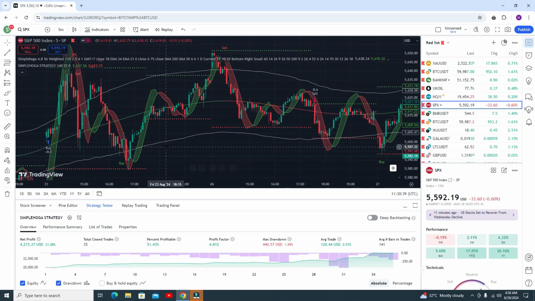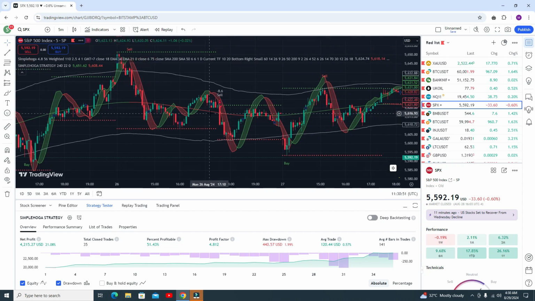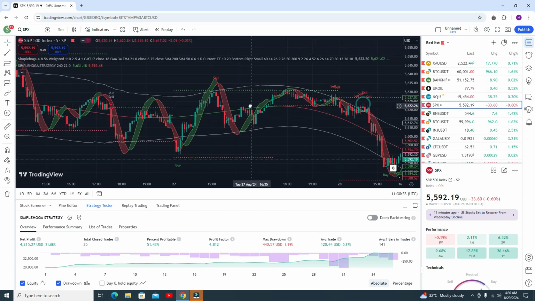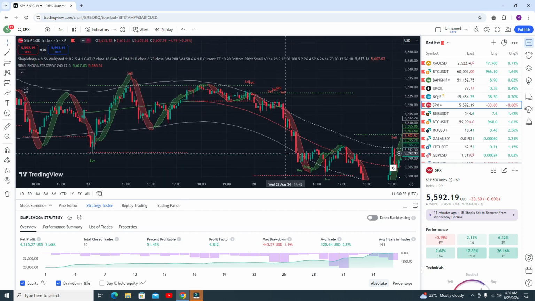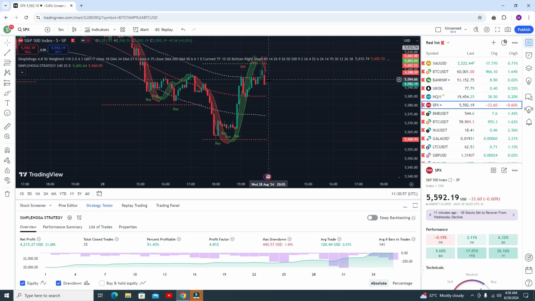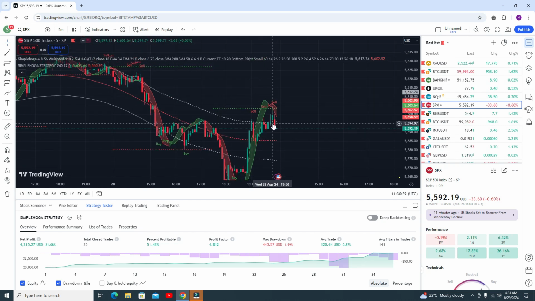You can see it's 51%, but if you follow my strategy, like here you got the buy signal, you have to go for the buy trade and you can book your profit here. If you go for another buy trade, you have to execute your trade here. You got the sell signal, you have to go for the sell trade. You can see another sell trade and profitable. This is another sell trade. This is the most recent sell signal.